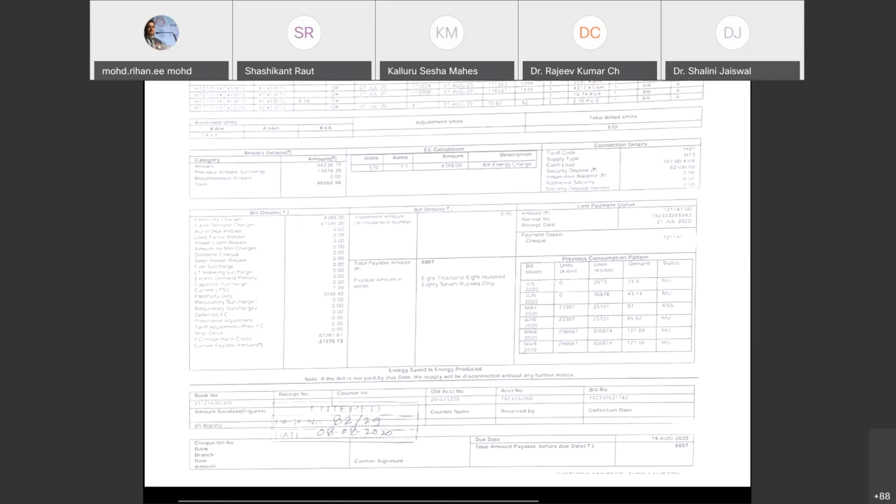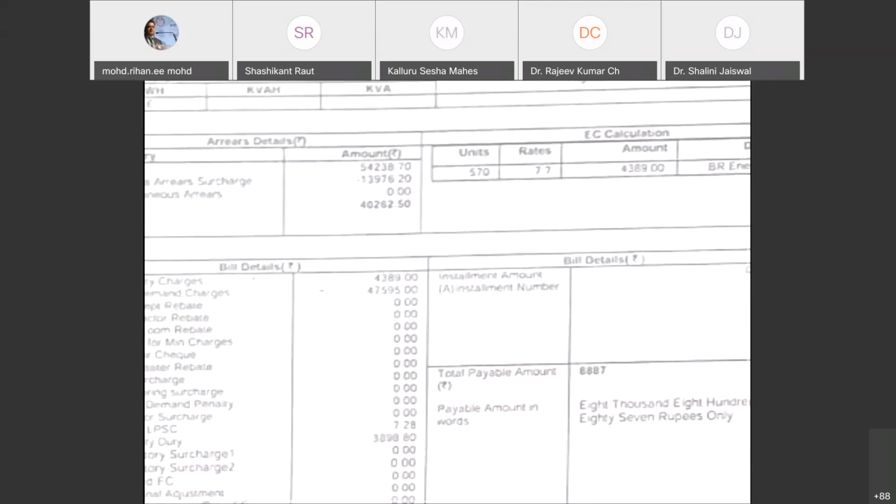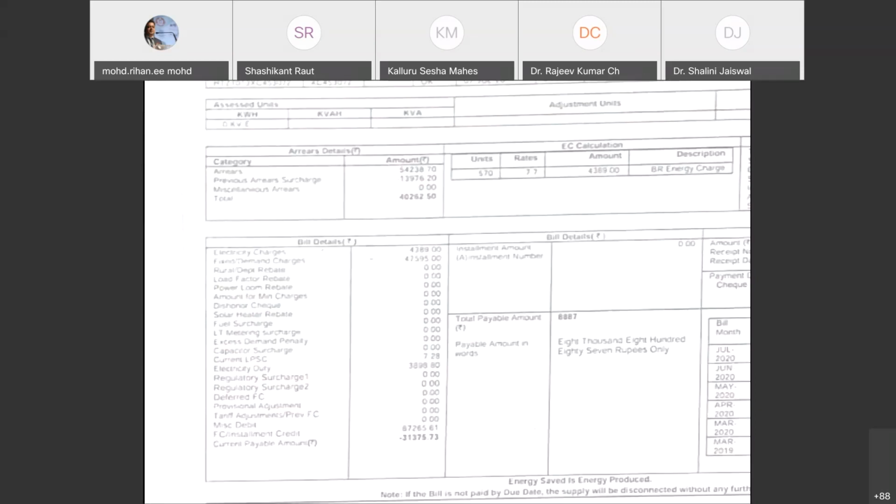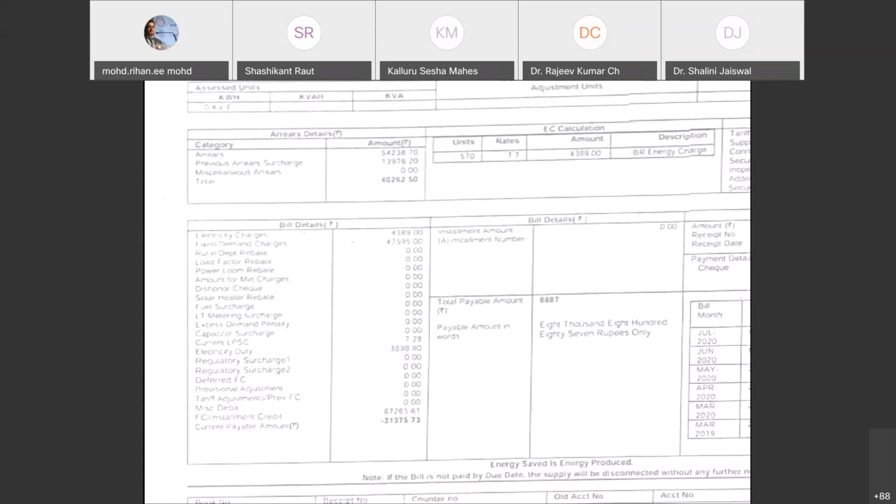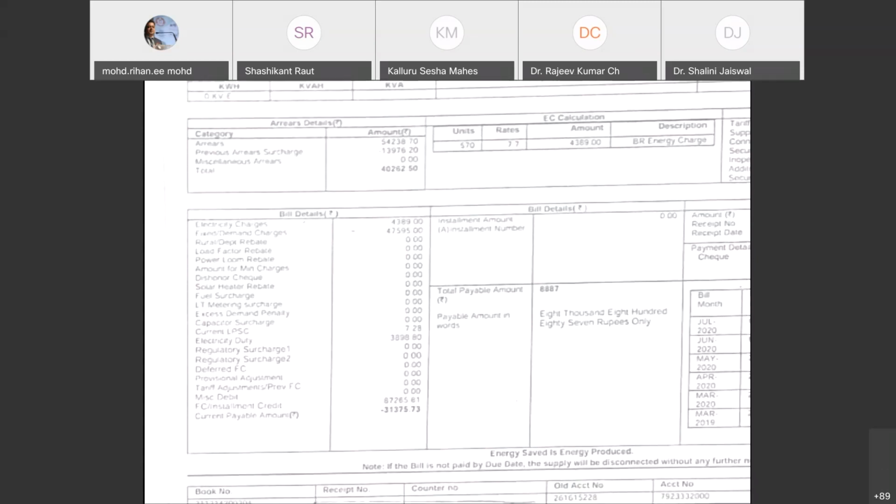So the effective billing is on the basis of, you see here, the number of units is only, you have seen thousands, 4,000 and 3,000. The effective billing is only on these many units, that is 570, because import minus export is giving the bill. The bill is calculated on the net. That is why it is called net metering system. So the same way we can have for our houses.